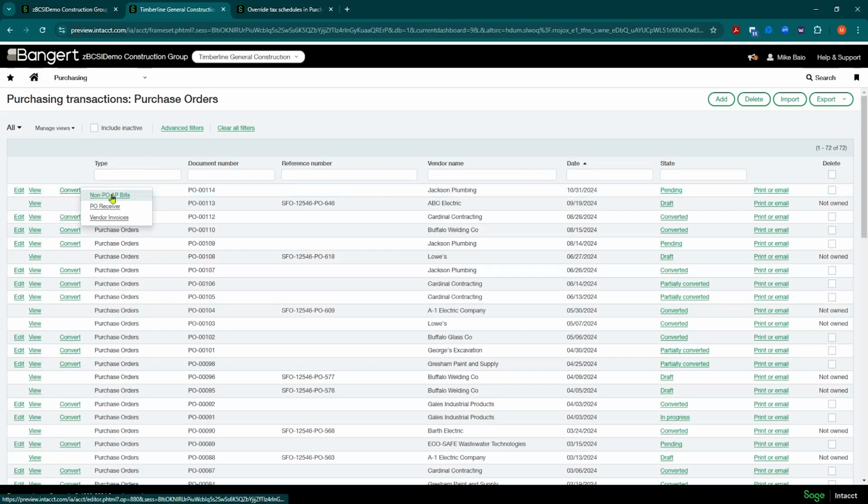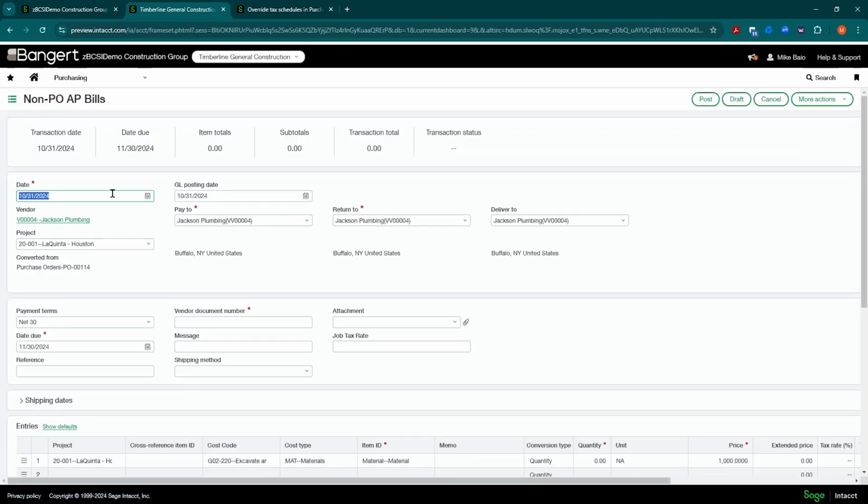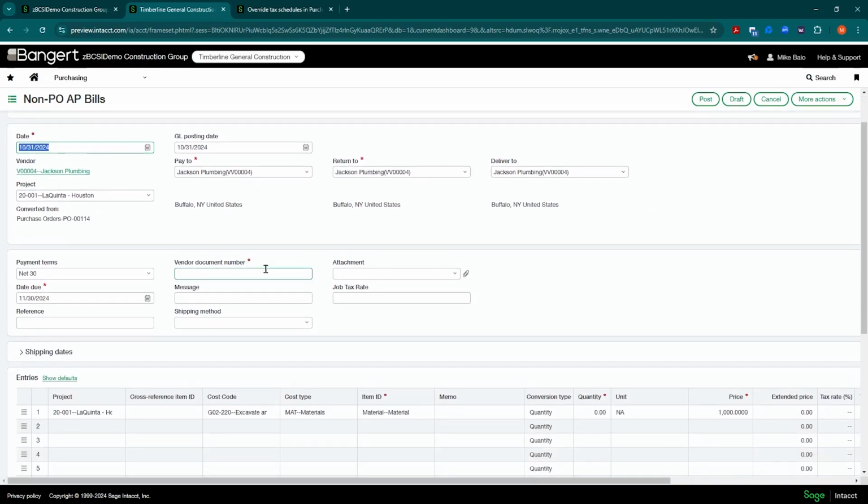And I'm going to convert it into this AP bill, this invoice transaction definition, and this one has tax set up in it. So when I convert it now, it pre-filled everything in along with the delivered to, and those who use the advanced tax know how important the delivered to is. When I get down to here, you're still going to want to fill in like a vendor number.